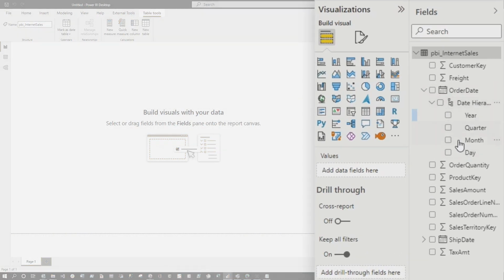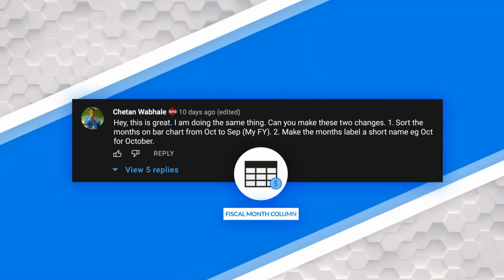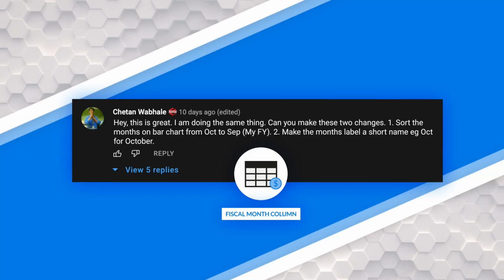Okay, now a little disclaimer. If you can use a centralized date table or calendar table, absolutely use it. But in Cheaton's case, he doesn't have one, so he needs to use the auto time intelligence features that's built in the Power BI. And he needed to do 2 things to it. You need a fiscal month column, and you know the auto time intelligence doesn't have that. It just has the built-in fields that it displays.